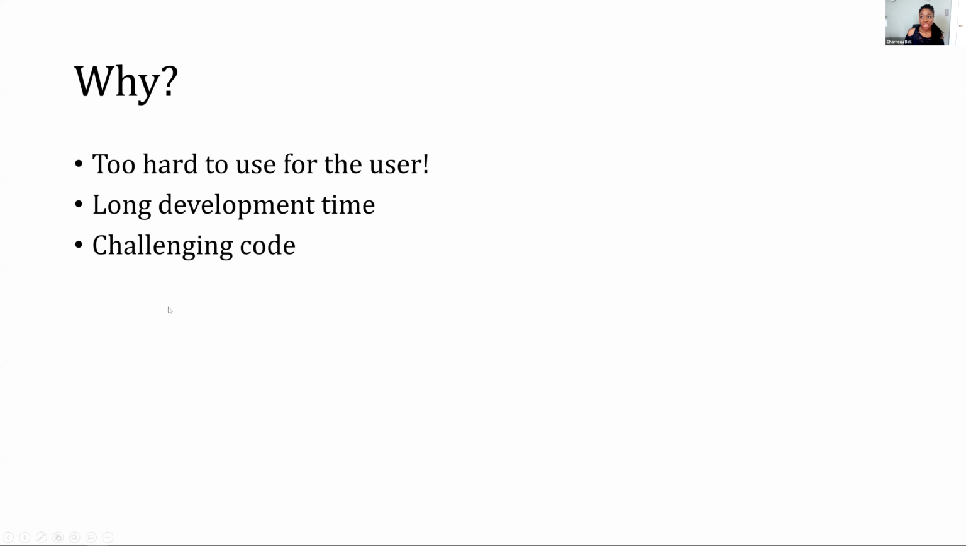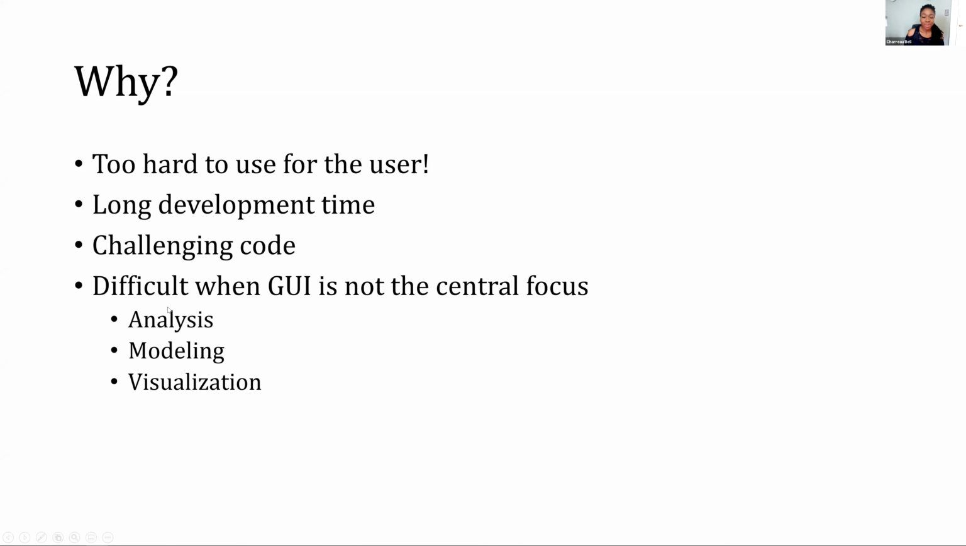Again, the code was just really challenging. And also, it's really unfortunate when the development of the GUI is really not the central focus. So what I did was not a very strong modeling and analysis effort. Just consider, if you're a data scientist, or a researcher, or a graduate student, if you're faculty,